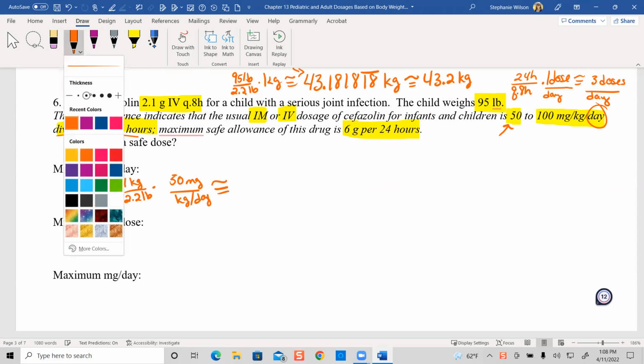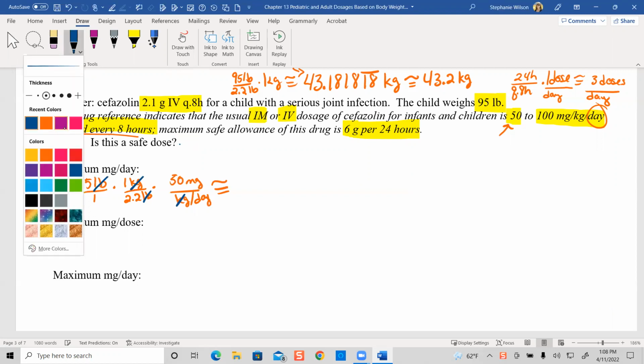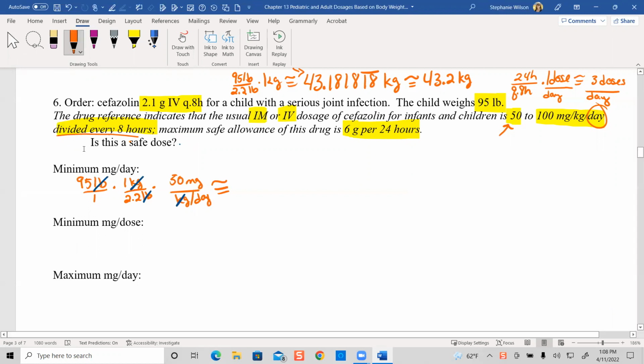So I like to go through here and just mark out, just make sure that the pounds reduced, kilograms reduced, I'm left with milligrams per day. I set it up the way I need it. So what I need to do next is take that 95 times that 50 and then divide it by 2.2. And this gives me